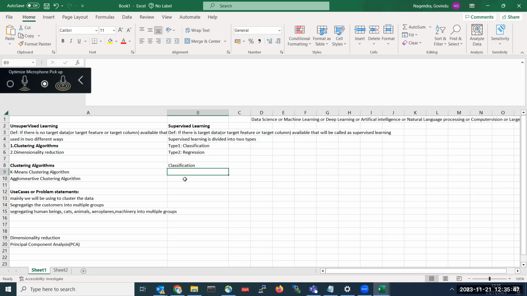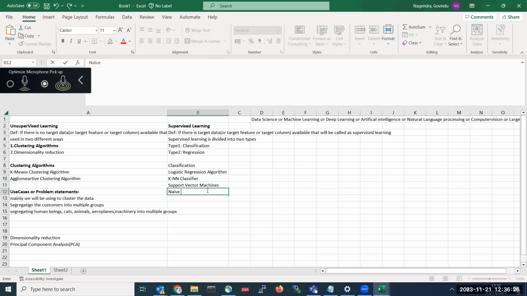So the first classification algorithm is logistic regression. This is the first and important technique. So these are algorithms. Next one is the ANN classifier. Next one is support vector machines. You should learn all these terms by heart.